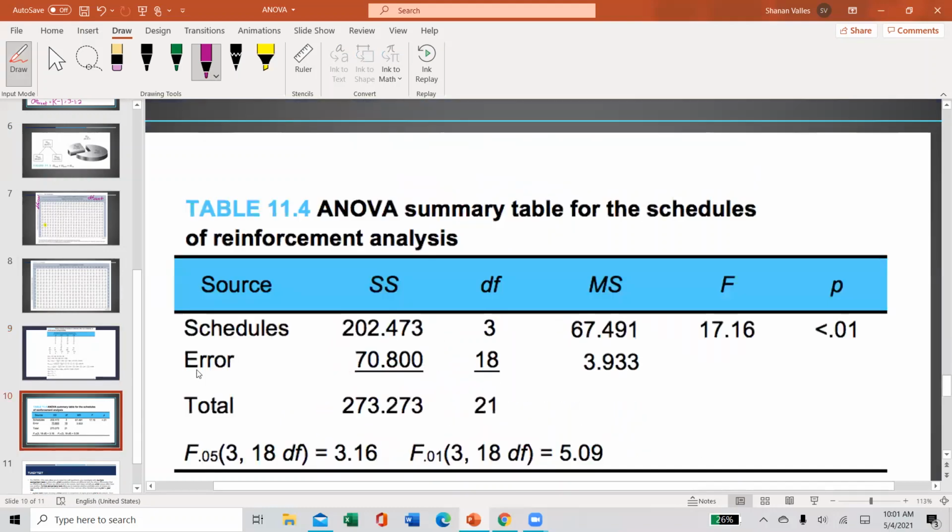We could look at this really fast and see how everything turned out for this ANOVA, okay? They got an F of 17.16. I think by now, knowing that when we have an obtained value that's really big like